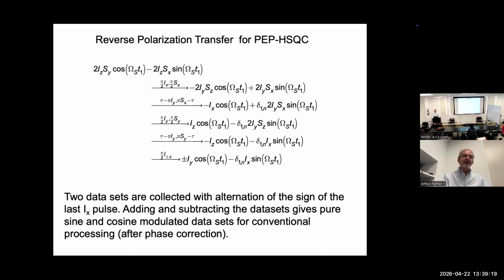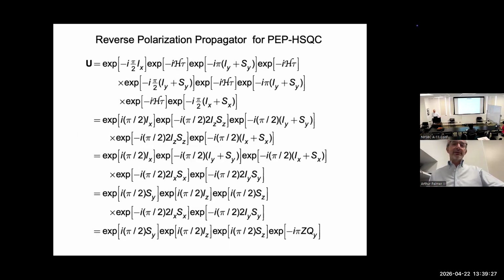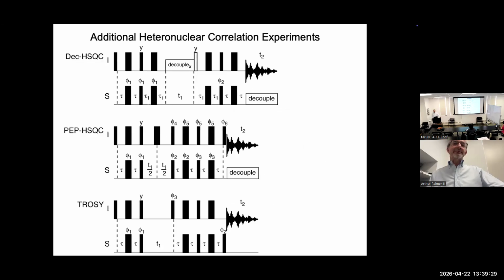So here's a product operator calculation of how that works. Yep. So the previous slide, where did it go? The one with the PHSPC. In the first case, you have continuous wave proton decoupling. The second case is a bypass. And what determines how you decouple proton? Right. So